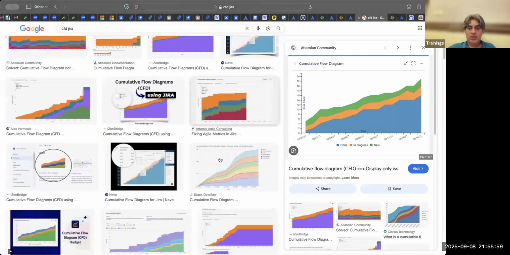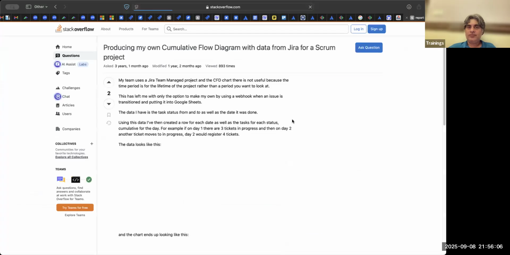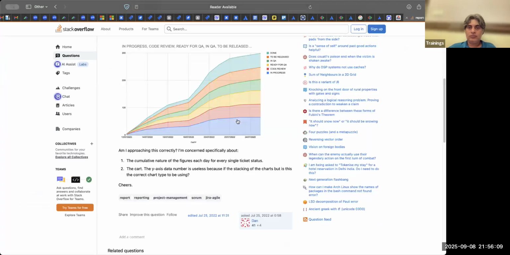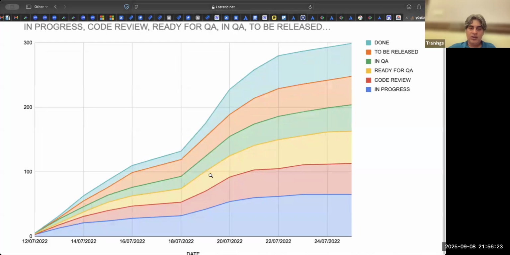See, this is a little tricky chart. See, these are in progress. These are different stages of this thing. See, if you look at this, this is yellow, ready for QA. Suddenly there is an up curve here, and which means a lot of things from QA got done. So these are different